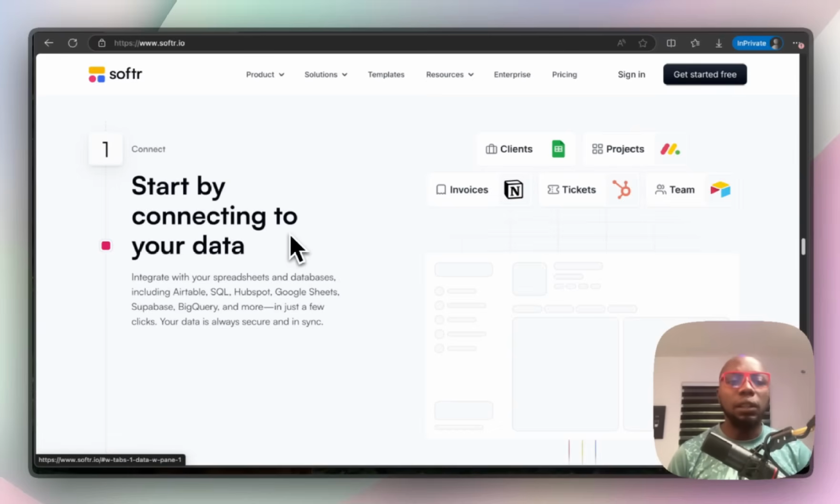And another reason why I love Softr is rapid development. I come from using Bubble and Flow and other tools that I teach in my channel. I think the only other software that allows you to get started immediately without spending so much time is Glide. Glide is very similar to Softr. So that's one reason why I like Softr, because it's very easy to get started and development can be very, very rapid, right? You can whip up a software application within a few hours in comparison to tools like Bubble, Retool,